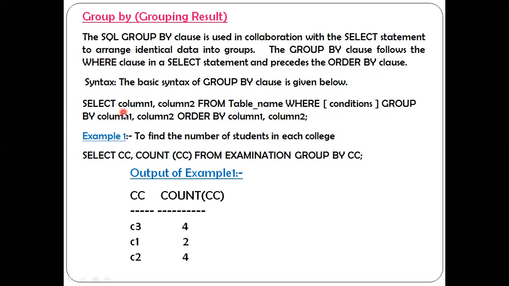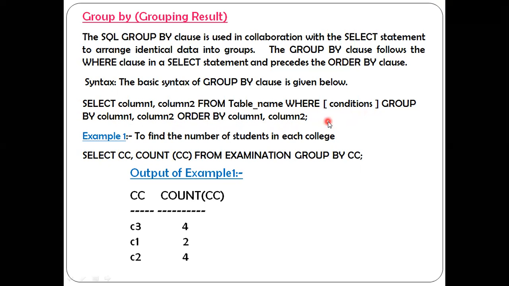Select is a keyword, column name 1, comma column name 2 from table name where condition. I'll repeat once again. Select is a keyword, column name 1, comma column name 2 from table name where condition, group by column name 1, comma column name 2, order by column name 1, comma column name 2,